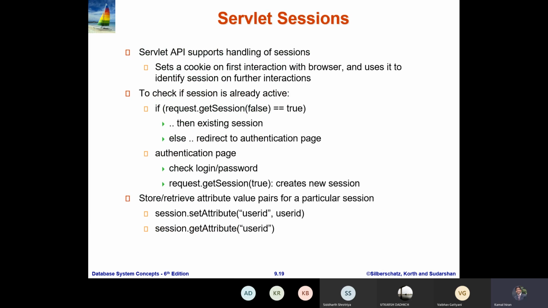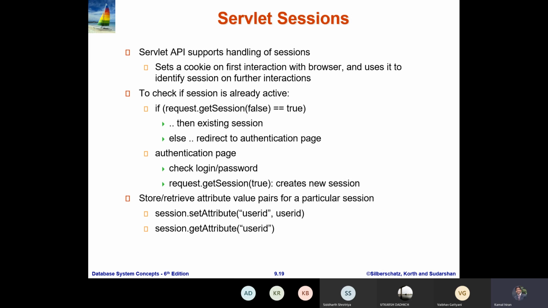Now, servlet session. As we have discussed, once you request any web page from any website, a session is established until you perform all your tasks, and once you close the application, the session is closed.